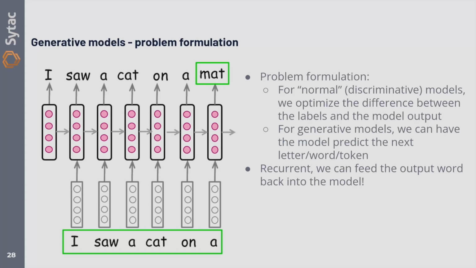Well, how do we actually answer questions like this? Well, those are generative models, recurrent models. It's just reformulating the problem statements, right, a little bit. These are still machine learning models. We still have an expected output, but the really clever insight, I think the first guy to do it was in the 90s somewhere, is that we mask our training a little bit. So we cut away one word, and this word is the output that we expect, right? And this is the input, the sentence that was previously there.